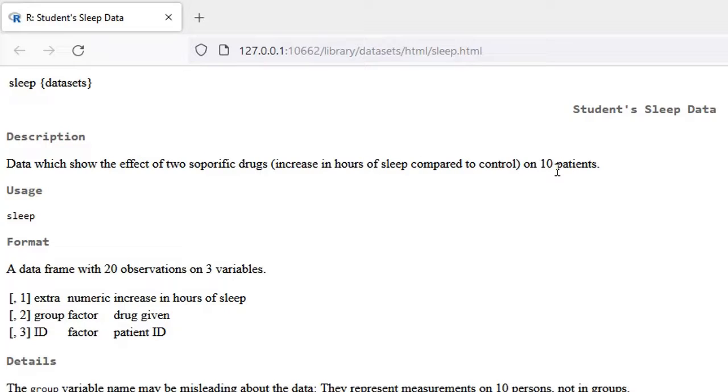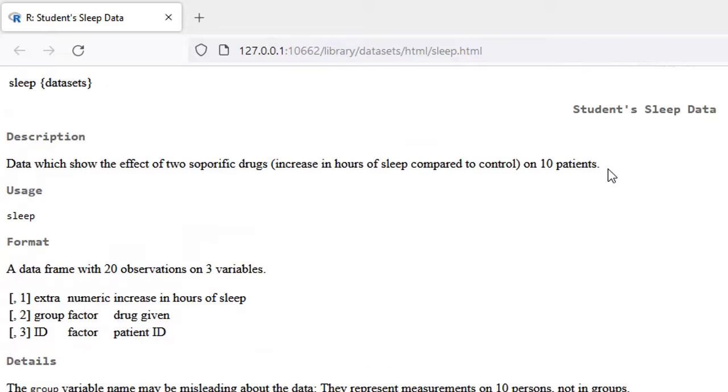Okay, so maybe drug 1 is a control, and then drug 2 is maybe, I don't really know. I don't know much about the data, but they are saying two soporific drugs, which means drug 1 is a soporific drug, drug 2 is also a soporific drug, on 10 patients. Okay,